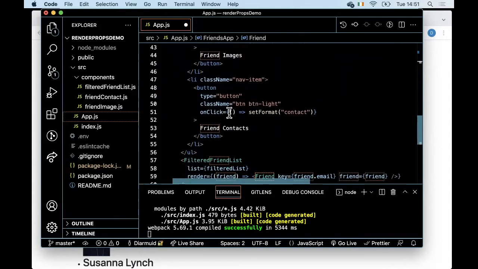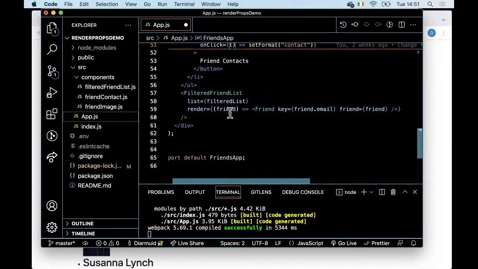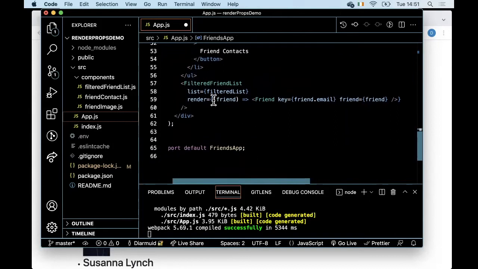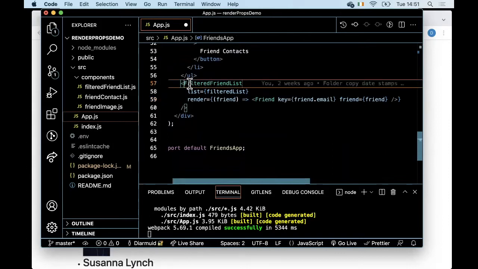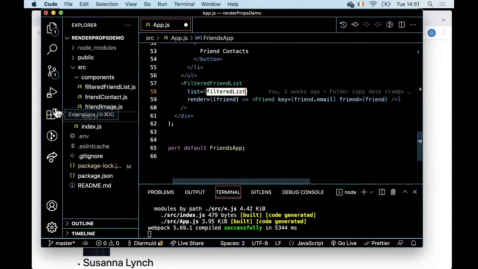and it's passing it down as a function. And who's going to call this function? This function is going to be called by our filtered friends list. So let's look at this component. We're obviously passing down the list of friends that we want to have displayed as well. And if I look at my filtered friends list component,